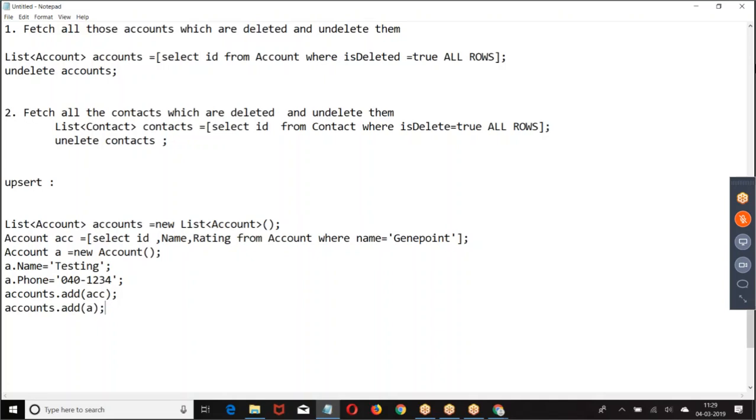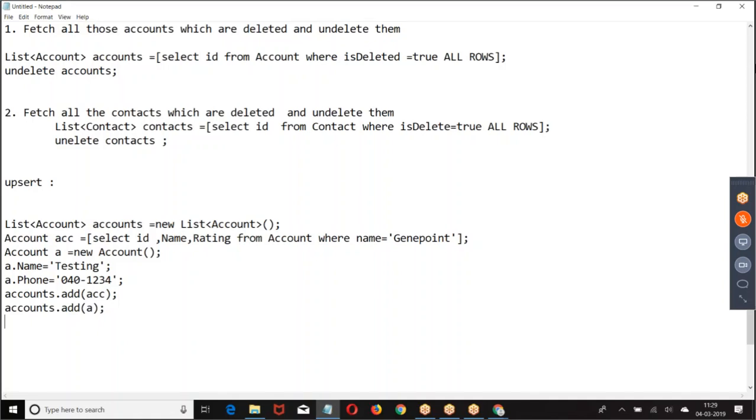Now one of the records has an ID. This is an existing record which I'm trying to modify. This is a new record. Now I have kept accounts.add(ACC), accounts.add(A).